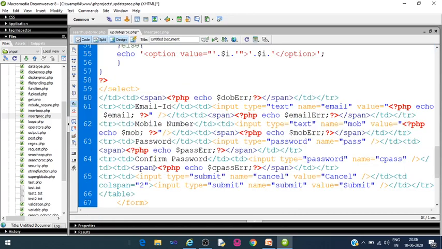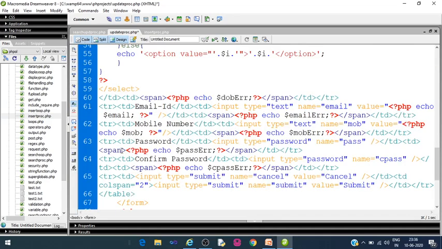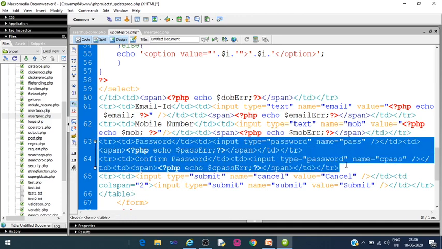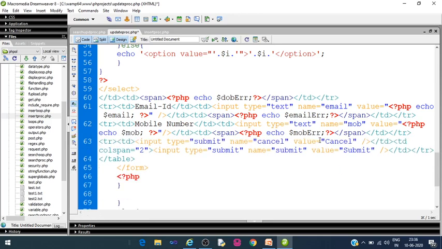Control V. Everything looks good. Just check in the design view what information has come. So this is how password and confirm password appear. We can remove this password and confirm password. So in the code view, we will remove our password part and confirm password, and then we'll cancel, and then here we will change the name of button to update,